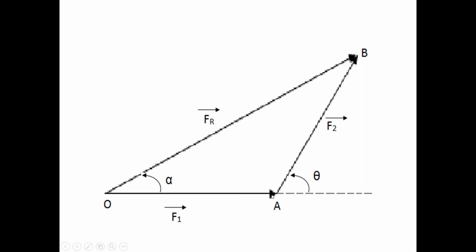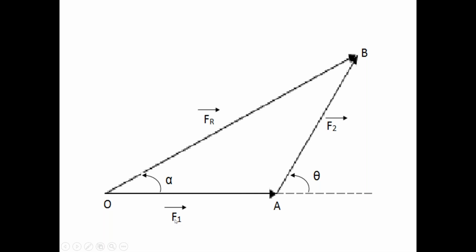Then put the arrow at point A in the direction of the force F1 bar. Then we consider this OA to be a vector, because it has the direction OA in the direction of force F1 bar. OA is a vector. That OA bar is equivalent to force F1 bar. So please follow the triangle law of forces.